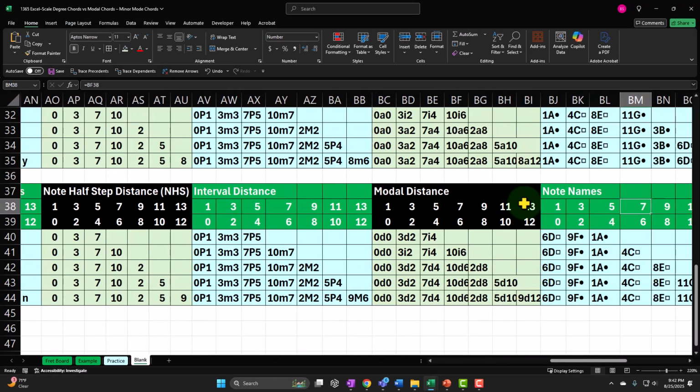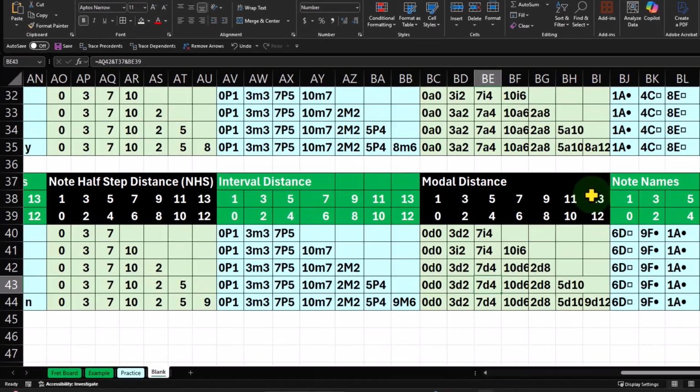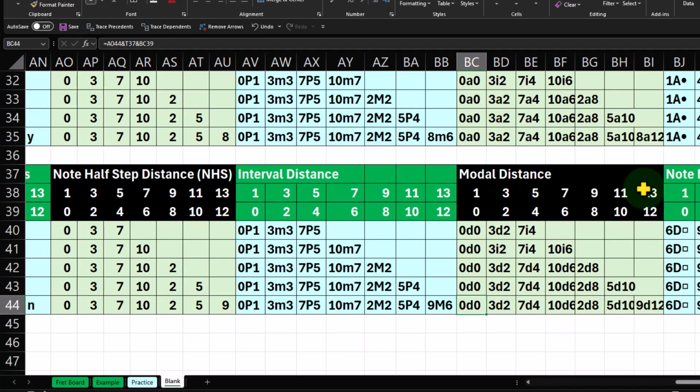The modal distances are 0 note away from the Dorian 0 modal half step, 3 note away from the Dorian 2nd modal half step, which would be the 3rd scale degree, 7 note away from the Dorian 4 modal half steps, which would be the 5th scale degree, 10 note away from the Dorian 6 modal half steps, which would be the 7th scale degree, 2 note away from the Dorian 8 modal half steps, which would be the 9th scale degree, 10 note away from the Dorian 10th modal half step, which would be the 11th scale degree, 9 note away from the Dorian, which would be 11 modal half steps,